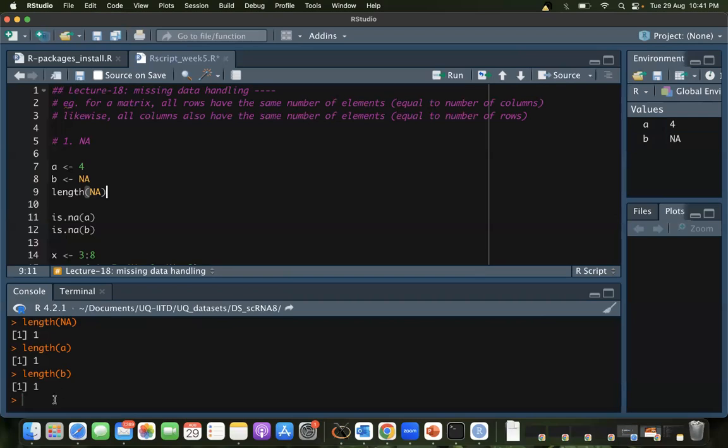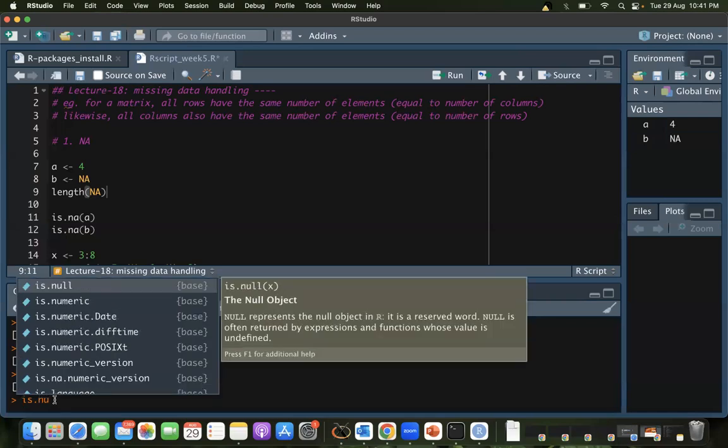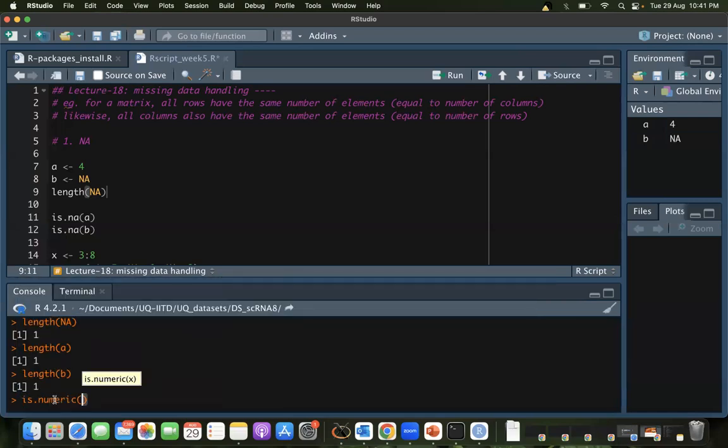So for example, there are functions like is.na. There is also is.numeric. So if I write is.numeric A, where A is 4 here, what do you think it should give me? This is explanatory, right? is.numeric: you're asking if whatever value we entered inside, is it numeric or not? So what is it going to give me? It should give TRUE. And it's good you've written all of it in uppercase. So yes, it's going to give me TRUE.